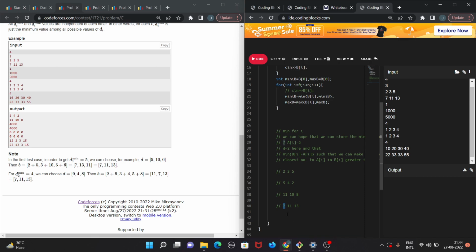Because if this was a 1, then we cannot make it. So this is at least greater than or equal to 2. So for the first digit we can safely say that it's basically bi minus ai for the first one. Now for the second one,